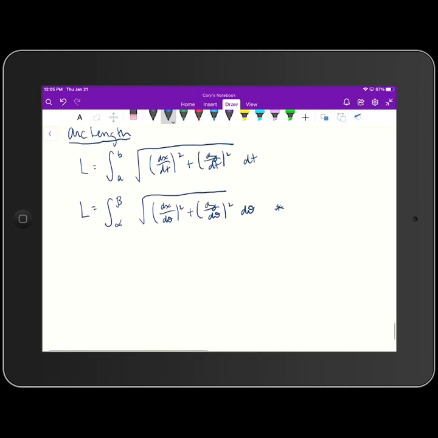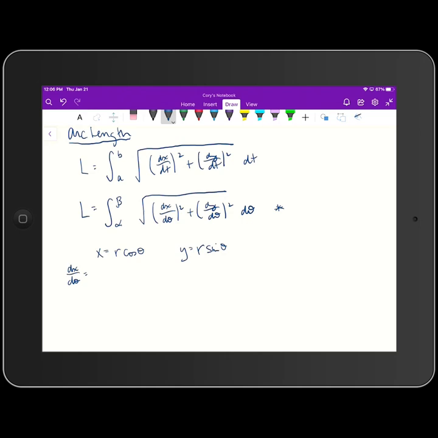Okay, so we know that, based on the right triangles that we looked at back in section 10.3, we could say that x is equal to r times the cosine of theta, and we can say that y is equal to r times the sine of theta. Okay, so what we're going to do with both of these equations is take the derivative of both with respect to theta. Okay, so if we want to find dx d theta,